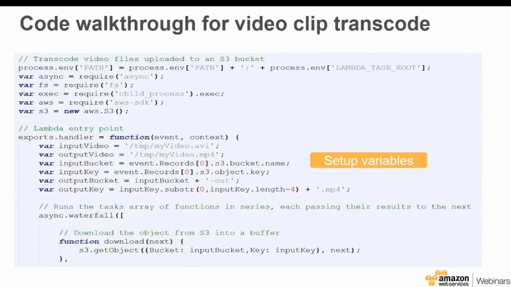So my actual transcoded file will go to a different bucket, and I'm going to be transcoding files from an incoming video format to MP4. So I'm changing the output key or the file name of the output. The next thing I do is async.waterfall. What this does is it allows me to take asynchronous functions and put them in series where each function passes the result to the next function in the step. So this quickly allows me to create a waterfall type of workflow for an asynchronous code like